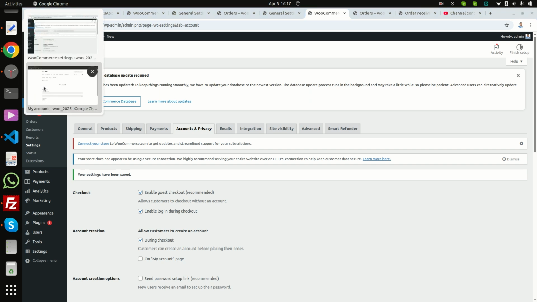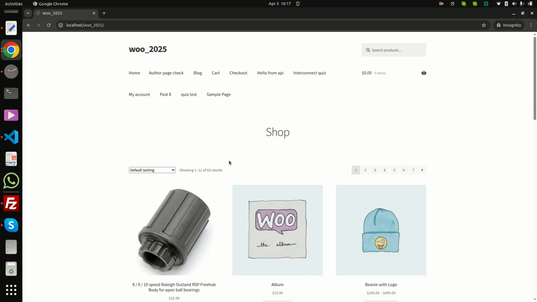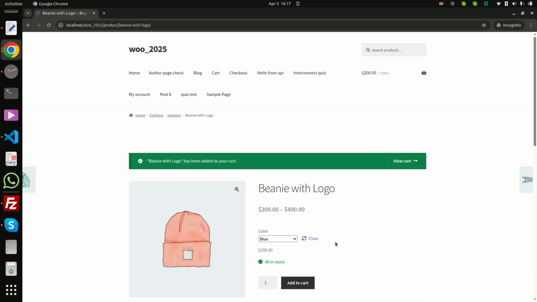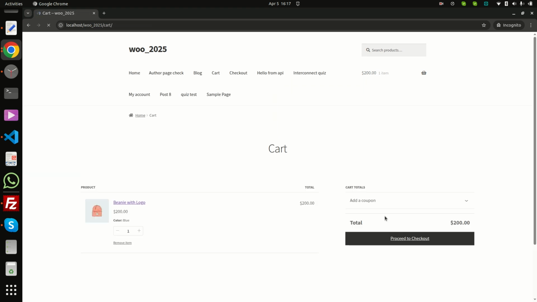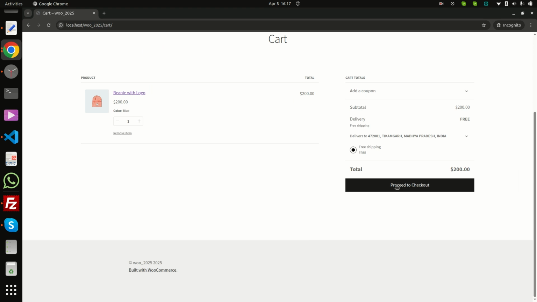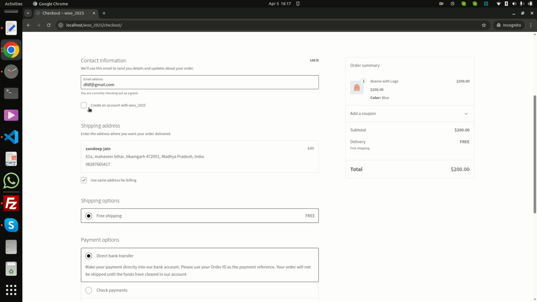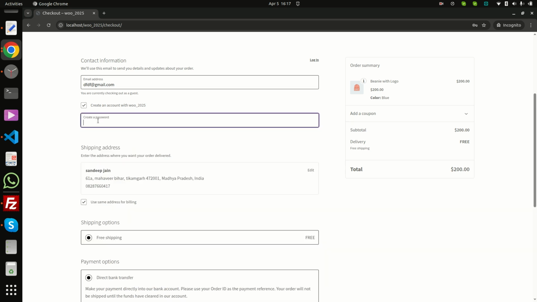And now we will check again. Add to cart, view cart. Now proceed. Now here it is coming, create an account. So like, I'm entering a password, and here